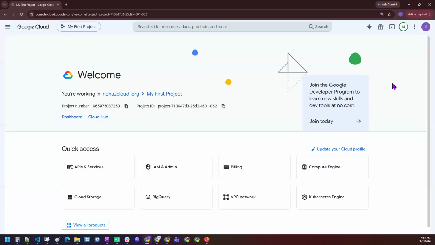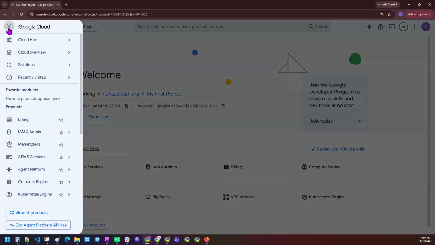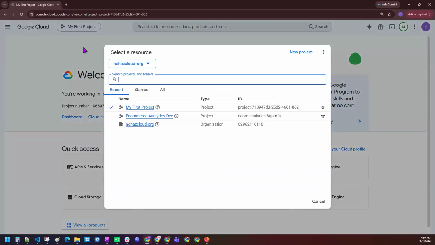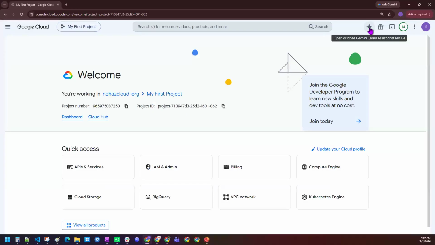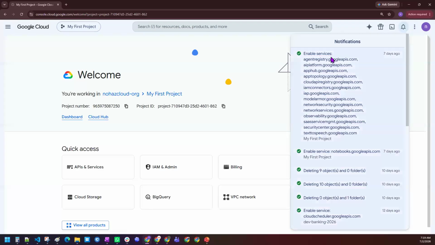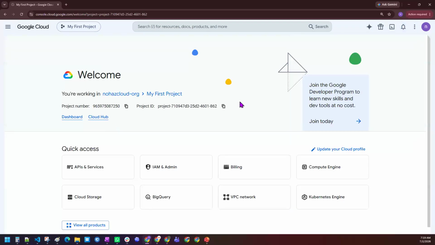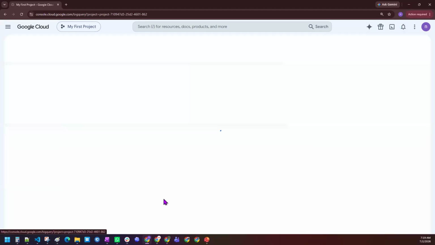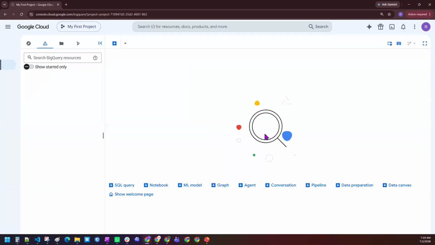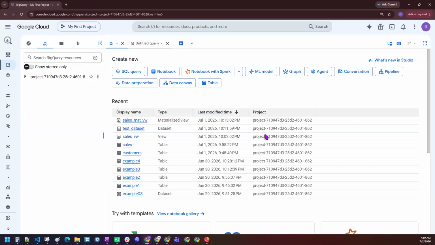The moment you land onto the Google Cloud Platform, whatever you are seeing is a console. It is a graphical user interface. If one wanted to interact with any service, they can use this left navigation menu, this project area, or this search box, or Gemini or the free trial status, or look at the notifications. If you wanted to open BigQuery, just click on BigQuery. See, a graphical user interface where you are interacting with the GCP services visually.